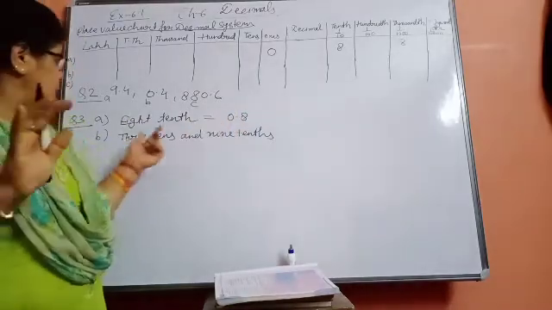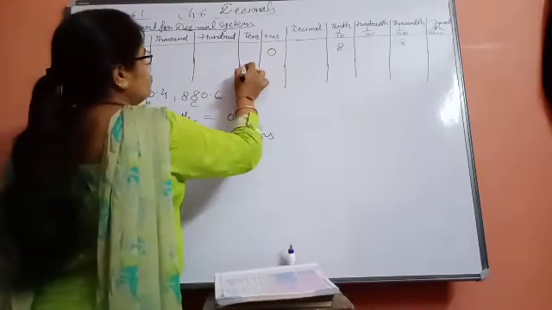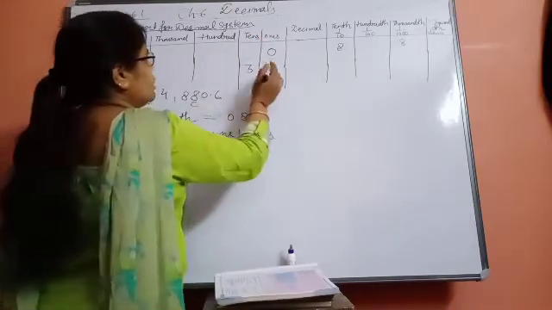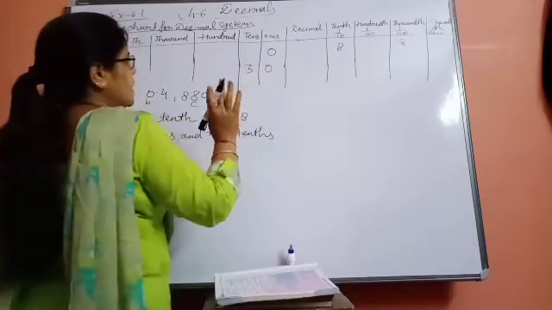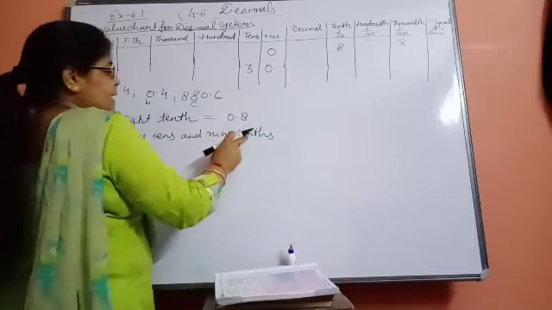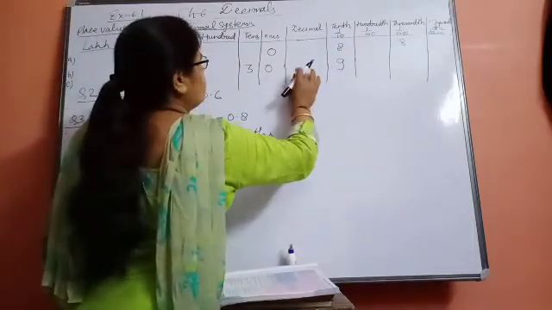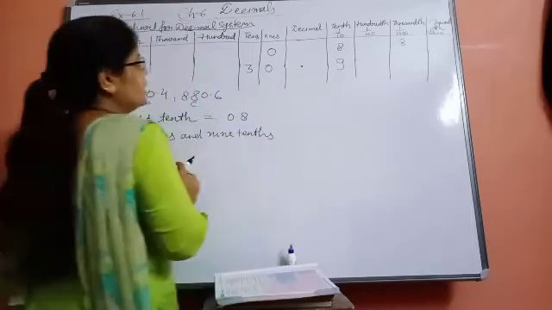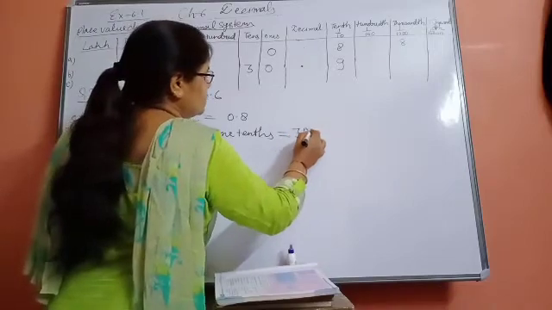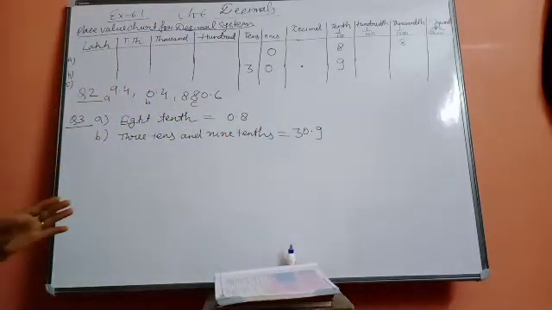right number. See that now, 3 tenths. 3 tenths means beta, this is tens column. So 3 is there. It means in ones column or here in 100 column nothing is there. So what we will write? 30. And 9 tenth column is there, so 9. And here in the middle decimal should be there. So what will it be? 30.9. So in this way you have to do the solution of the given question.